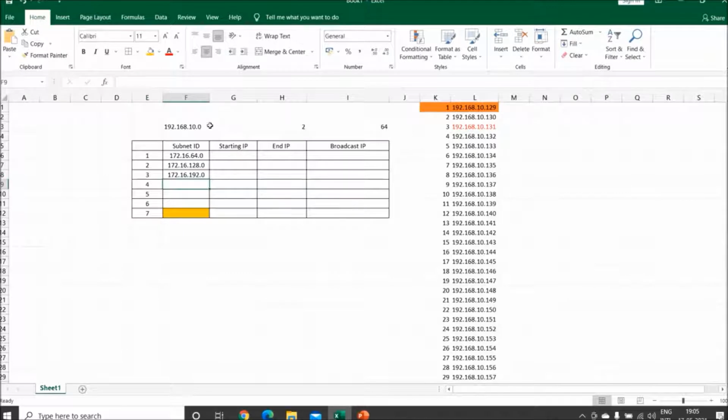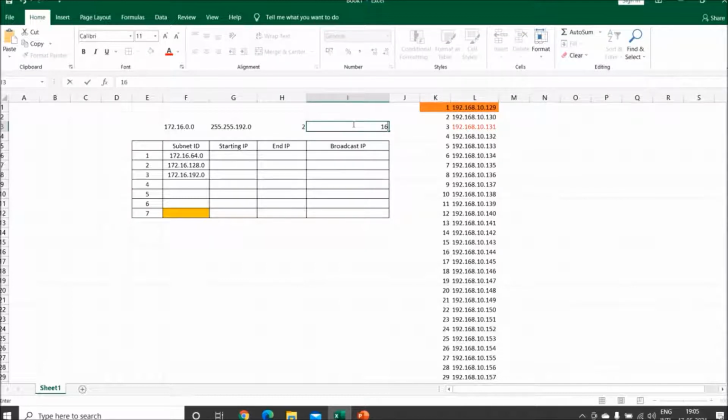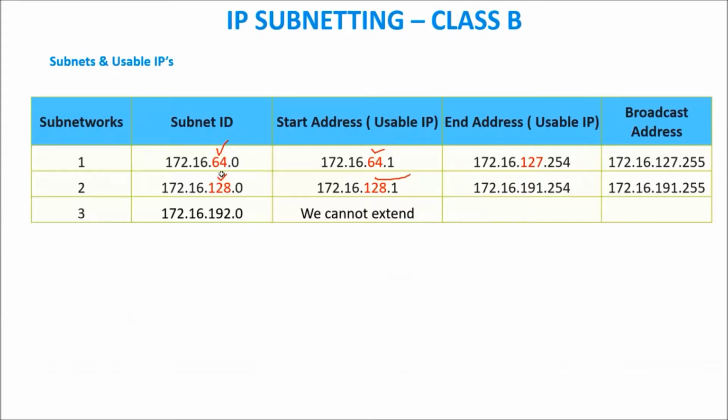So as my network is 172.16.0.0, my subnet mask is 255.255.192.0. Okay, this is the requirement. What I understood from here is I can have two subnetworks, and each network can have approximately 16,000 hosts. It is a 2 power calculation, so whatever numbers you have seen, make a note of them. Now this is the network number. From here I have to go for the host IDs, the starting address and the ending address.